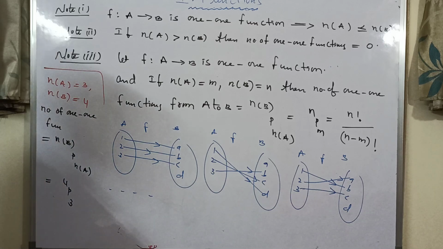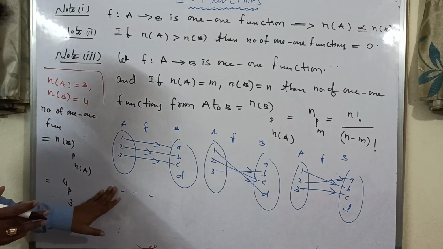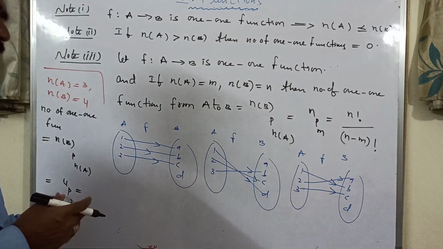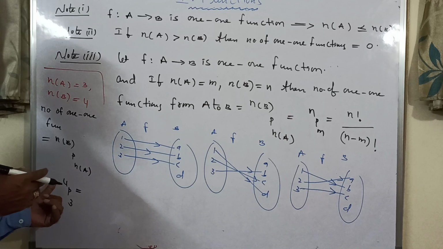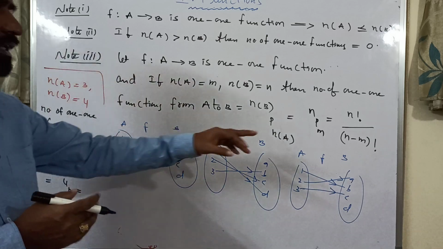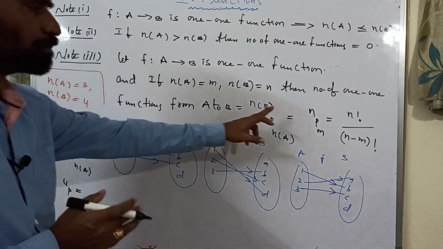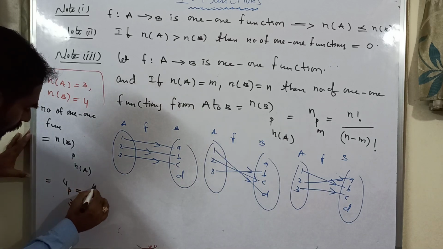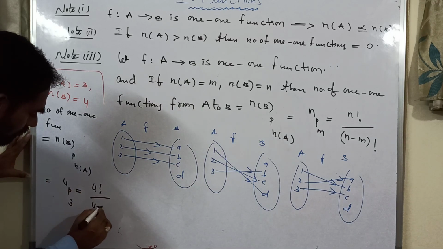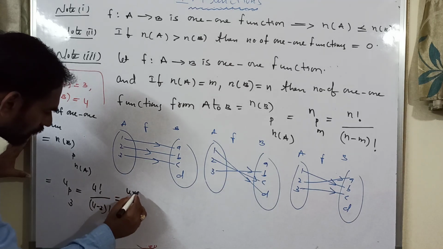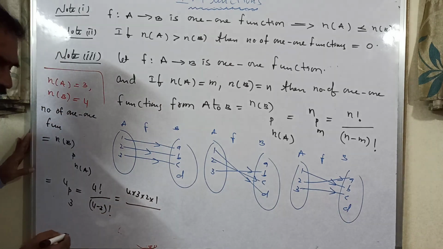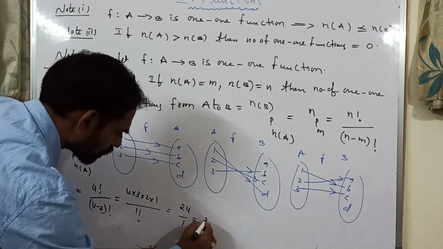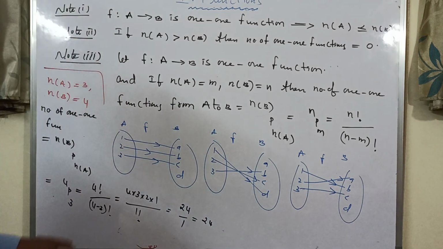P means permutation, which is nothing but arrangement, but here I am just writing the formula, and you have to remember it. This is actually a second-year topic, permutations and combinations. In that topic we will discuss clearly what P is and why we write this formula. Okay, just remember N P M, or N P R, is n factorial by (n minus m) factorial. Here 4P3 is 4 factorial by (4 minus 3) factorial. 4 factorial means 4 into 3 into 2 into 1, divided by 4 minus 3, which is 1 factorial. So this is 24 by 1, so 24. So the number of one-one functions for this example is 24.